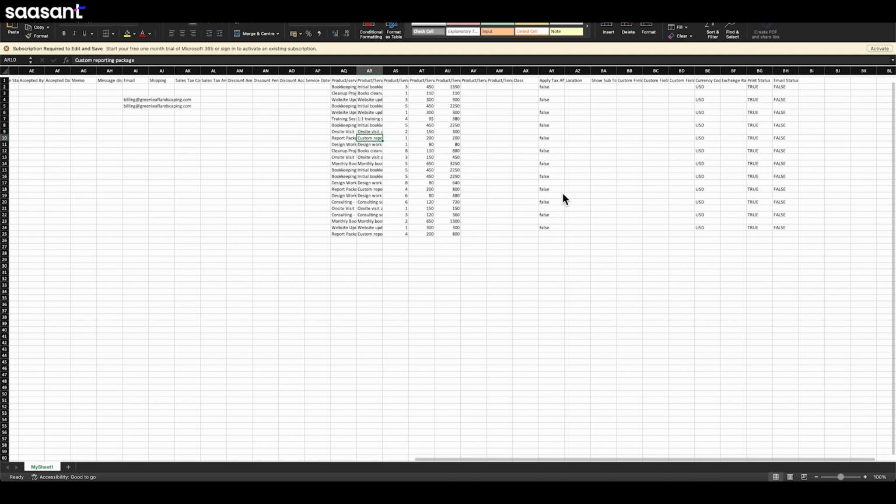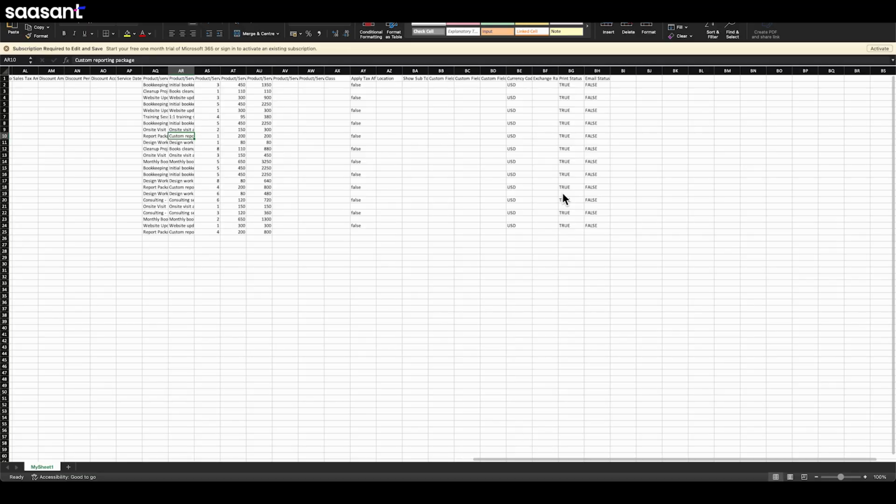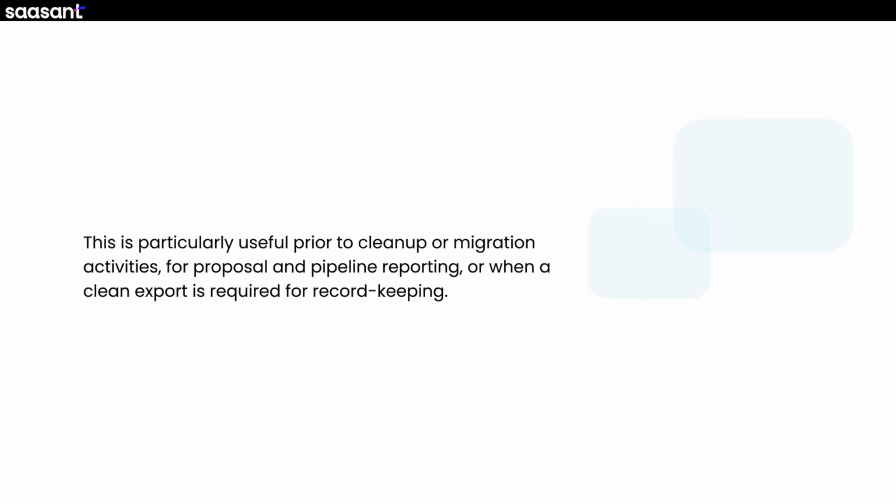This is especially handy before cleanup or migration, for proposal and pipeline reporting, or when you need a clean export